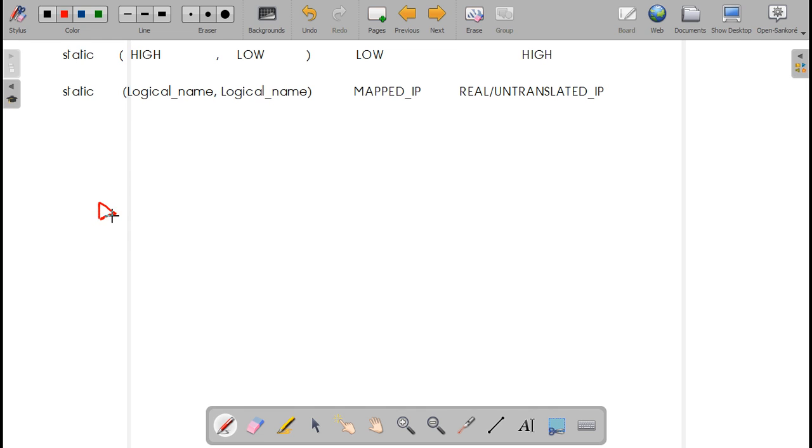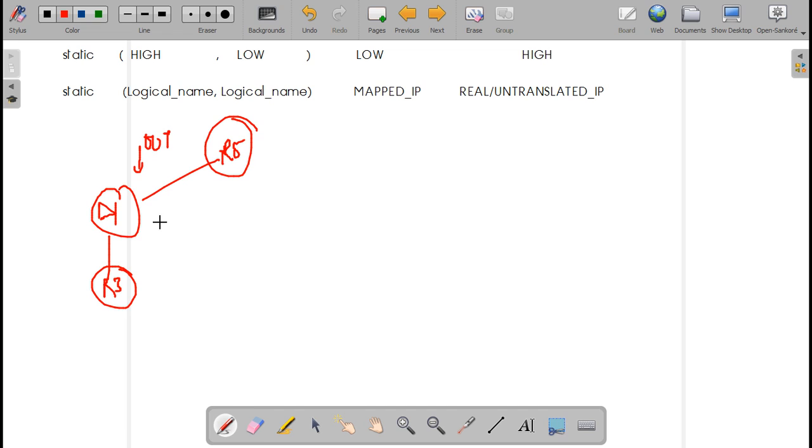You have your firewall here, isn't it? You have R3 connected here and you have R5. This interface here is your out interface, with security level 0. Your rule will be static.